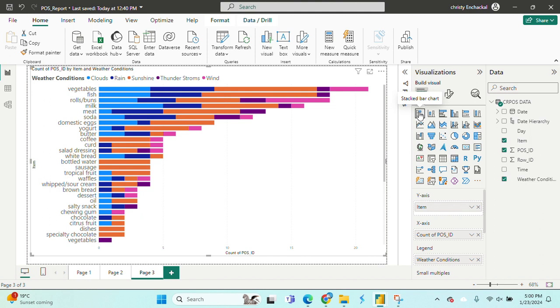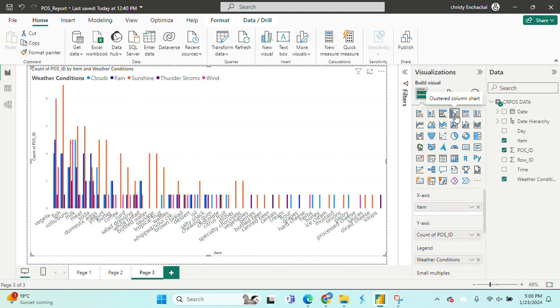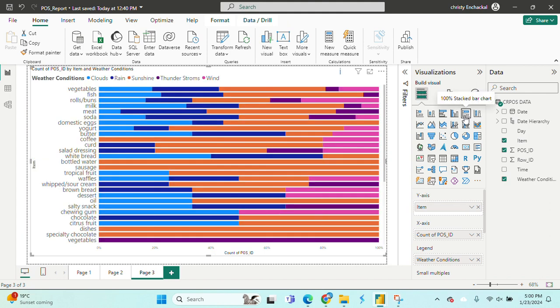Exactly speaking, this one stacked bar chart is best rather than the stacked column chart. So these are just the X and Y axis differences, and the way it is represented is the clustered column chart is this one. Now this is a new concept, the 100% stacked bar chart. So this actually shows a percentage